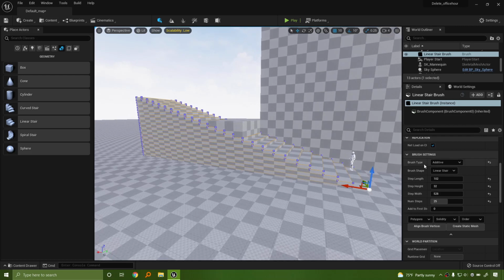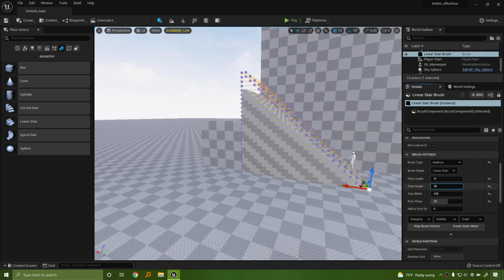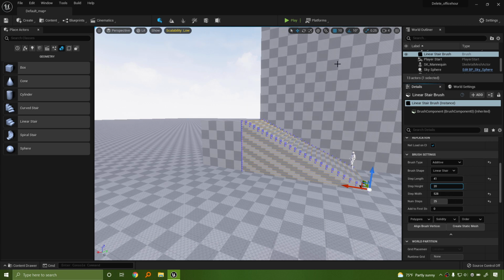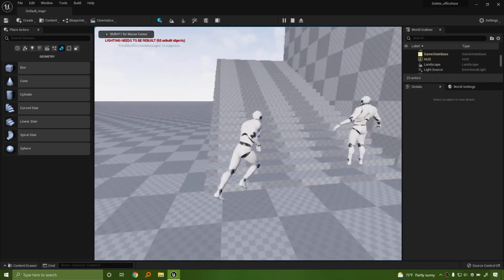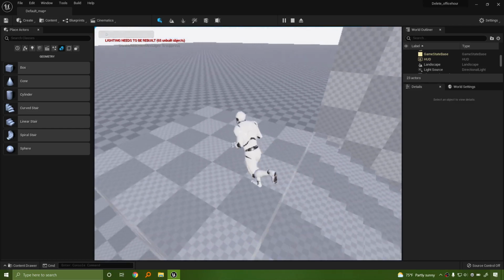That's fine. You see that, we can just increase the number of steps and then reduce the step height. Slick.